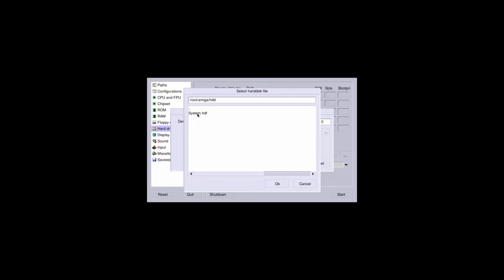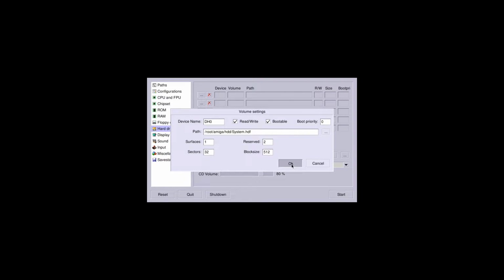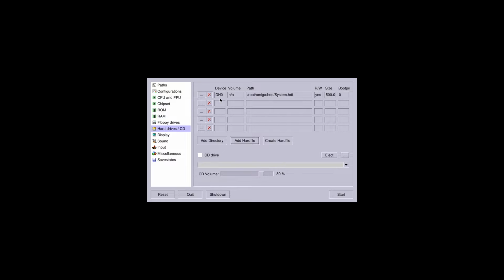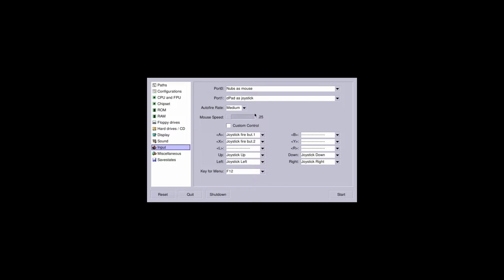I'm going to click OK, and you can see it creates Amiga's first hard drive device, DH0, and then there's a link to the file. It's 500 megabytes. Then we're going to go to input, and just for fun on port 1, we're going to hit down, and you should see your USB gamepad in here if you have one attached, so we can select that. Make sure your port 0 is still your mouse, and then depending on the game, you might have to mess with this auto fire setting. Some games will allow you to have it, and some games require it be turned off. So if you fire up a game and the buttons are flaky and you don't know what's going on, if you come in here and turn that off, that sometimes fixes it.